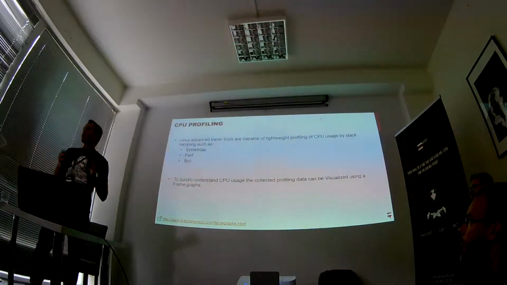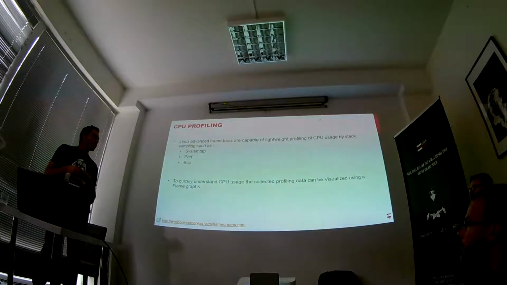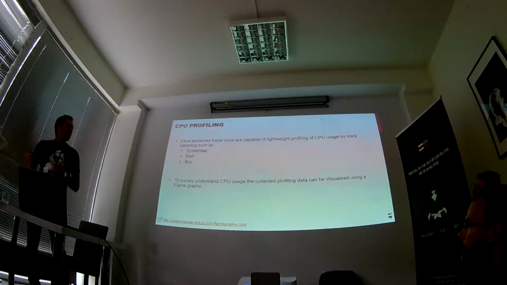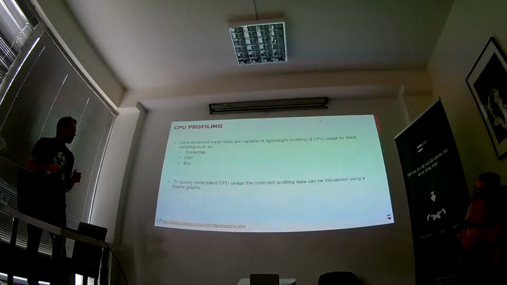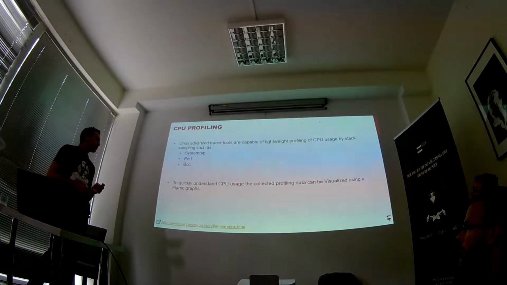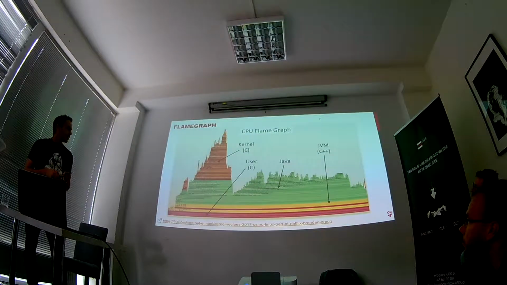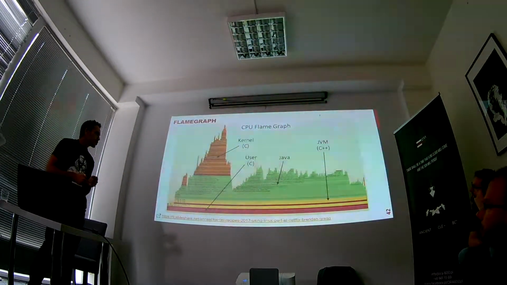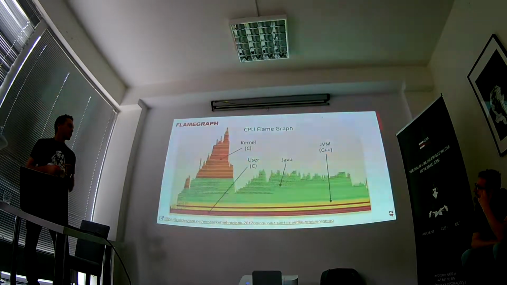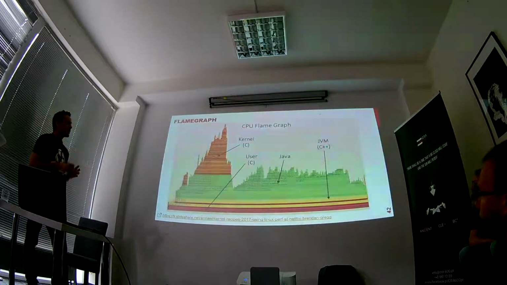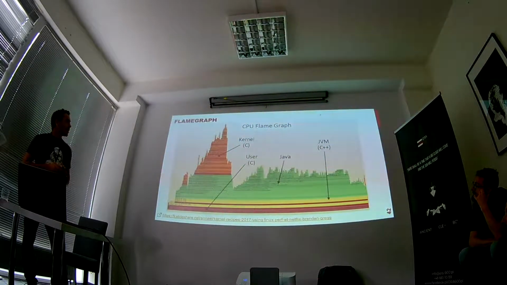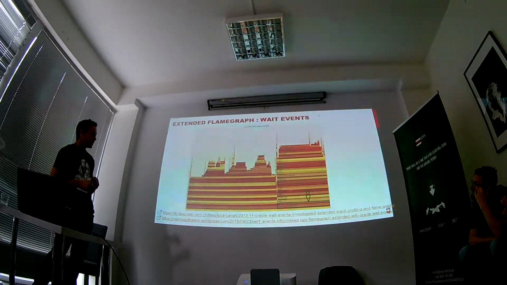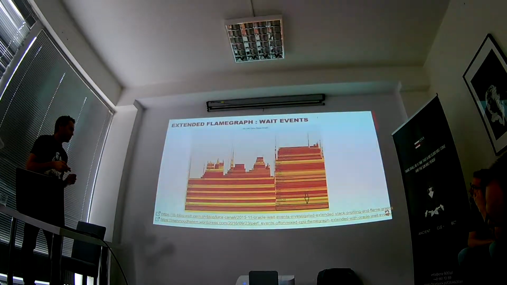Most of the Linux advanced tracers are capable of lightweight profiling of CPU utilization by stack sampling. Then we can grab this profiled stack sampling data and visualize it using a flame graph. This gives us a full picture of the system and allows us to quickly and efficiently find our hotspot path. We can also customize this flame graph with application context. For example, it can be useful to analyze high CPU utilization inside an Oracle wait event. Is waiting what is burning CPU,